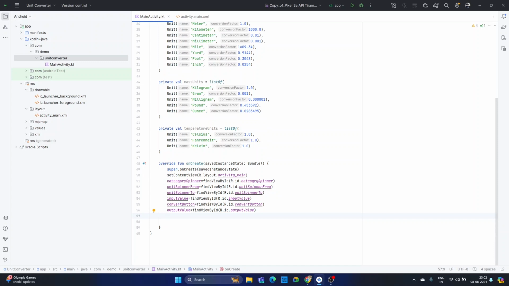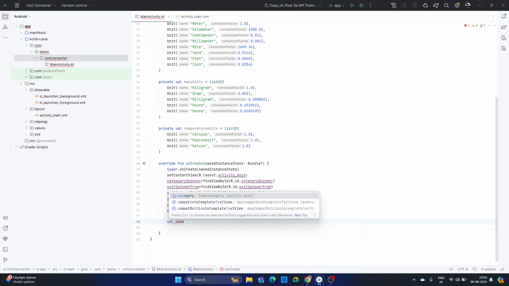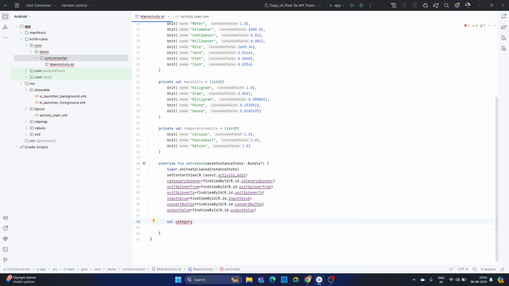So next what we have to do, we have to add some categories here. Okay, so we have to create some categories, and also we need to create a category adapter. So we have some categories. So let's create some categories. We have a value called category, actually it is a plural. Categories